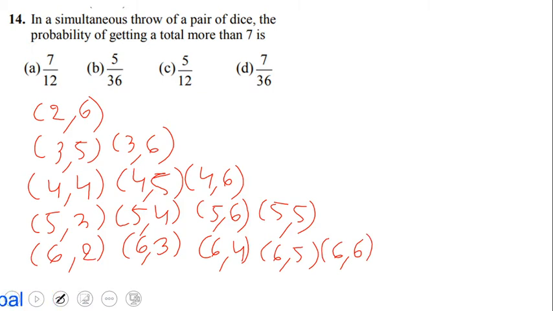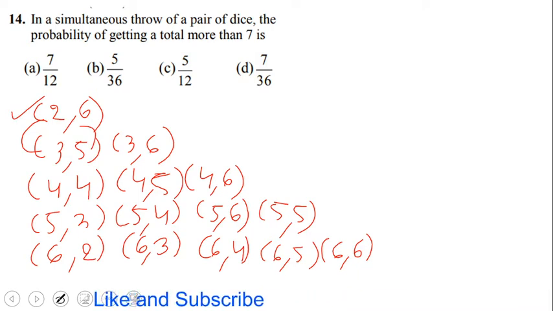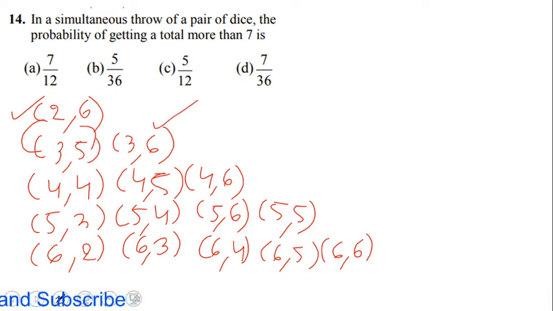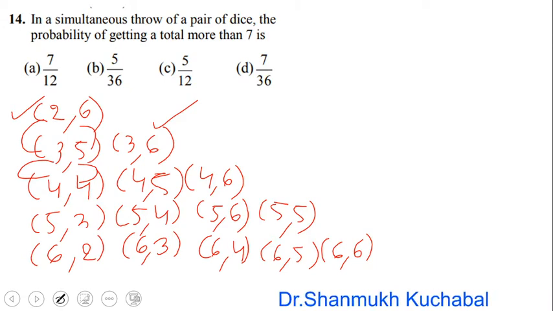You may ask me how I am writing. First one, 2 plus 6, I am going to get an 8. Next, increase 1, decrease 1, 5 plus 3 is 8, then 5, then the next die will be 6, we have to take it. Similarly, this is also 3, give an increment 4, decrement 4: 4 4, 4 5, 4 6, like that. 5 3, 5 4, 5 5, 5 6 here, like that. So we have to write it.